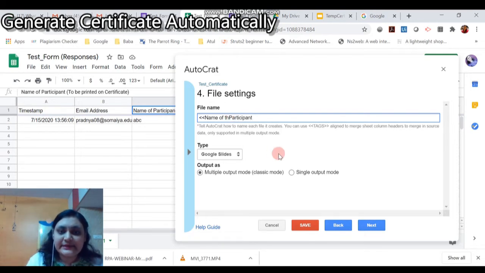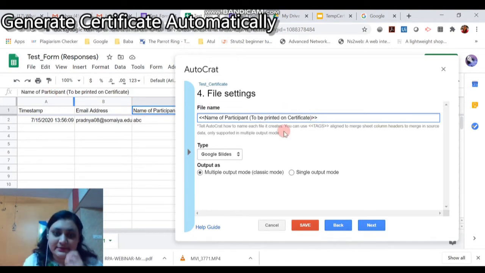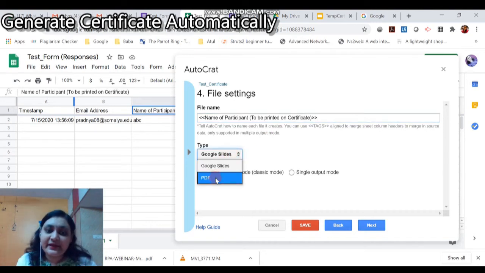You need to write it the same way as it is in your column name. So name of participant, then space, brackets, to be printed on certificate. See, I have written it like this, the column name, and then closed the angle brackets. Then I want to generate the certificate in PDF format. So PDF, then go to next.